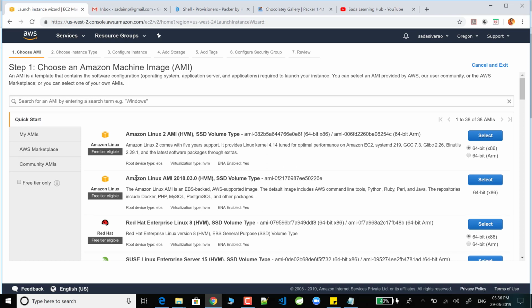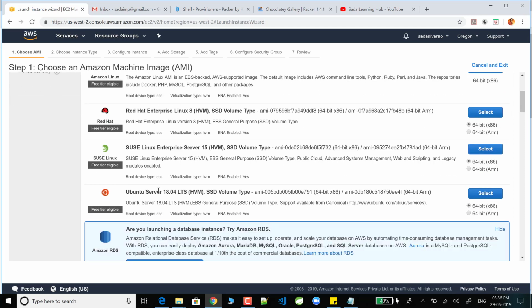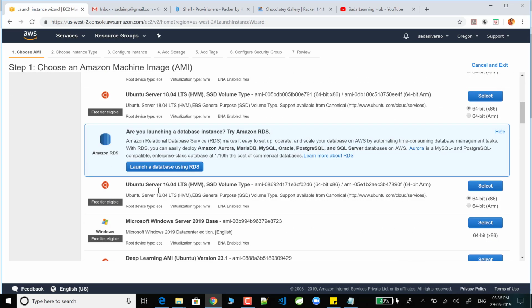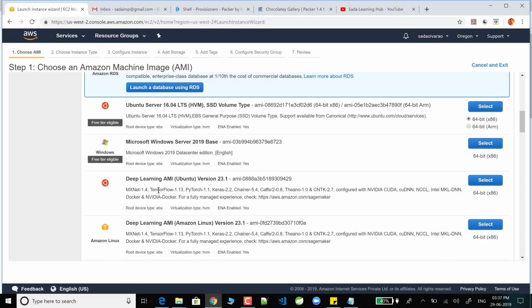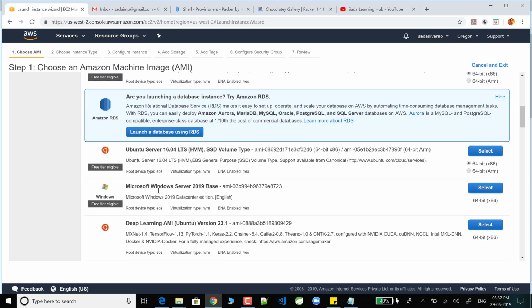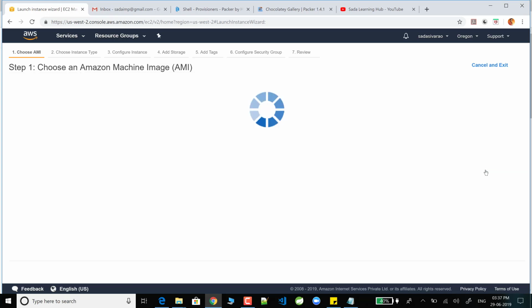Which OS you want, you can select it. See, Amazon Linux here, Red Hat, SUSE Linux, Ubuntu Server 18.04, Microsoft Windows Server, whichever image you want, you can select it. Here, I'm going to select Ubuntu Server 16.04. It's free tier eligible.